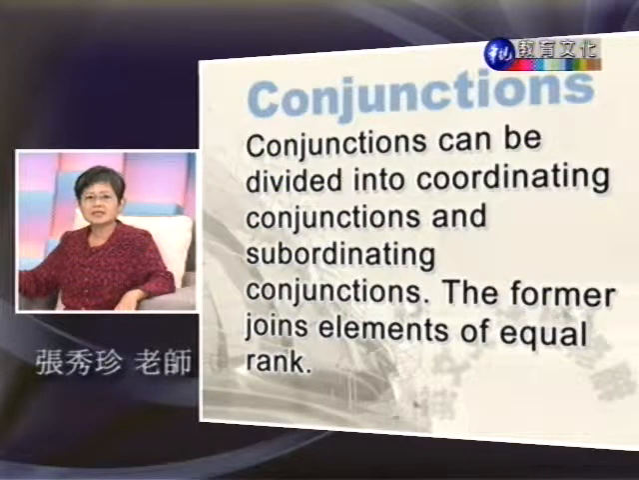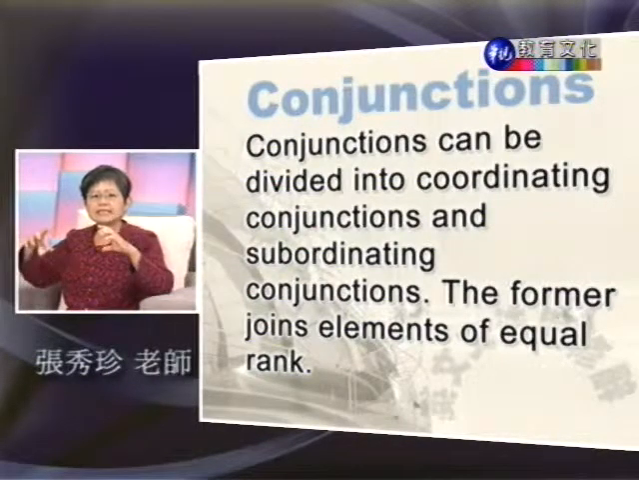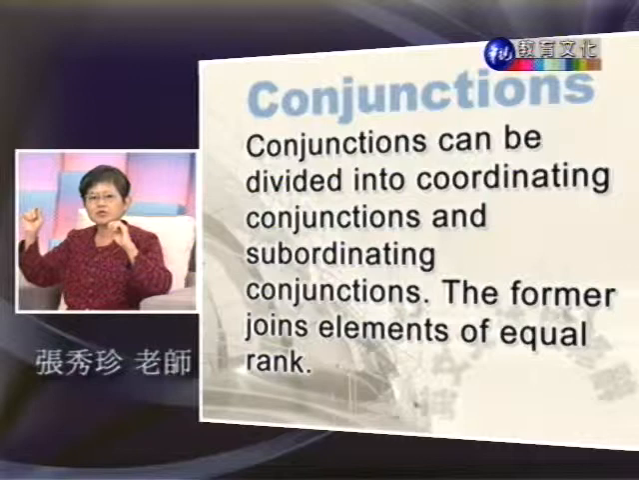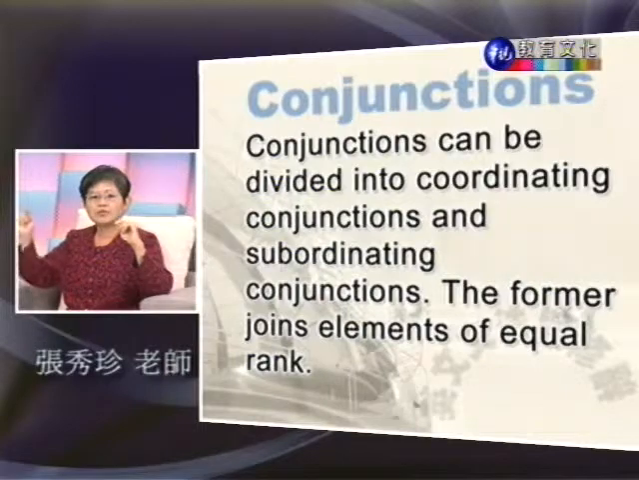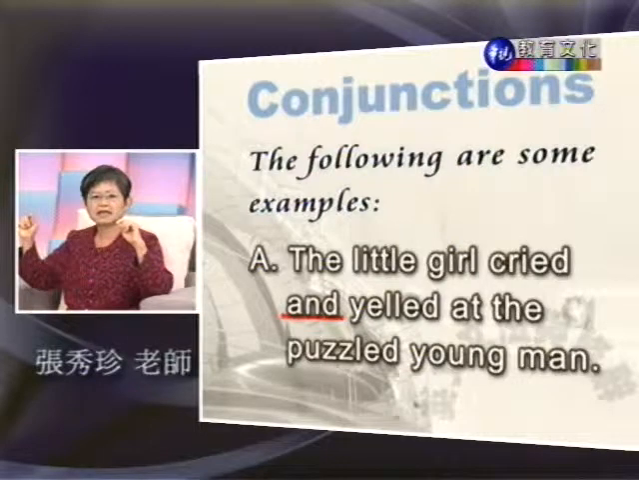好，谢谢 Steven 老师。那接下来我为同学讲解课文。Conjunctions can be divided into coordinating conjunctions and subordinating conjunctions，就是连接词可以分成 coordinating 和 subordinating。The former 就是前面者，指的是 join 连接什么呢？Elements of equal rank，elements 是元素，是对等的元素。那我们举一些例子给同学看一下。The little girl cried and yelled at the puzzled young man，这个小女孩她 cry 哭，然后 yell 叫。